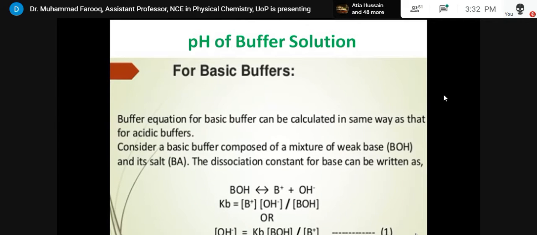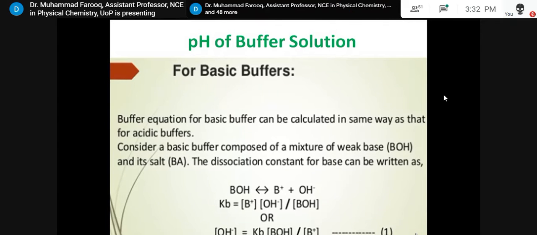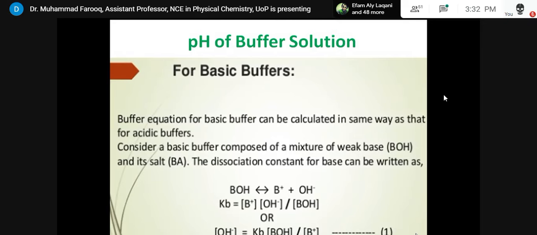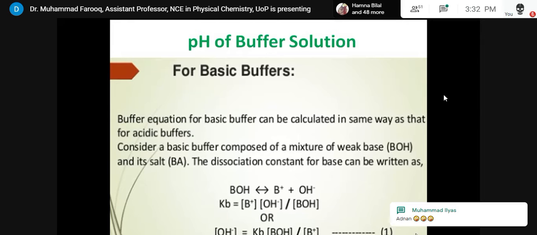Again, the same thing. Now you can see BH means this will become the salt, because the dissociation of the weak base takes place only up to some extent. Means if we have 100 molecules, only 2 or 3 molecules will get dissociated. While the salt, we call it the conjugate, it is strong, it will dissociate completely. For example, NH4Cl. When we put it in the water, Cl will completely separate from NH4. It means 100 molecules will dissociate into 100 Cl negative and 100 NH4 positive. This clear? Yes, sir, clear sir.